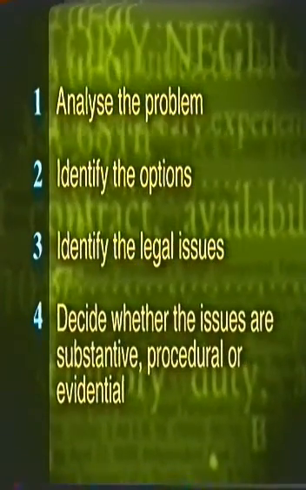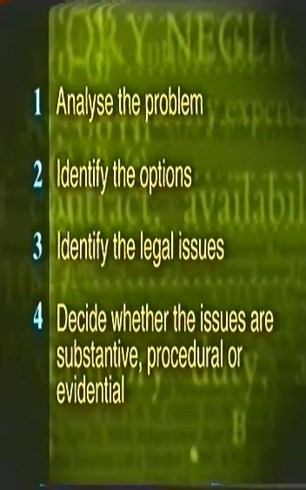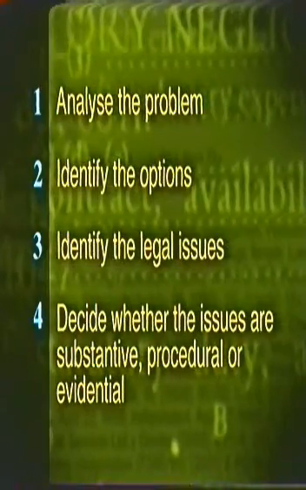When you're analysing a problem, it's helpful to break that problem down into separate issues. The two issues which you're most likely to encounter will be either issues of substantive law or procedural law. What we mean by substantive law is really black letter law, and an example would be whether a contract exists between the parties. Procedural law, as the name suggests, is really all to do with the procedure. So for example, if you want to sue someone, how you go about issuing the claim form would be an